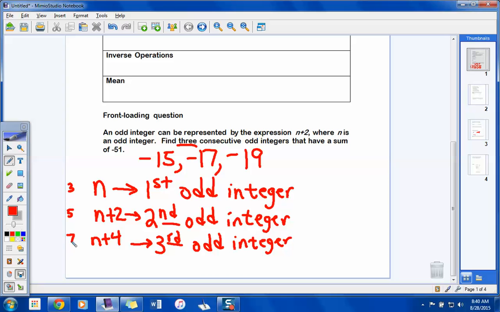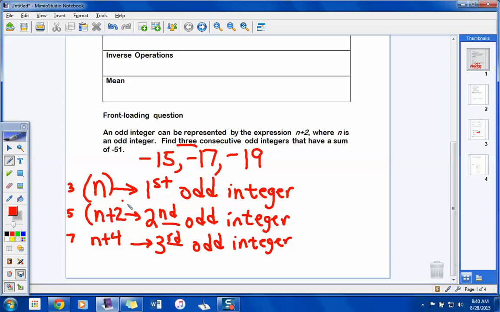Well, 4. Suppose this went on to a 4th consecutive odd integer. What would you say? Instead of just being 3 odd integers, what if we said 4 consecutive odd integers? Your next one would be n plus what? 6. Okay? So we're going to take these 3 expressions right here, n